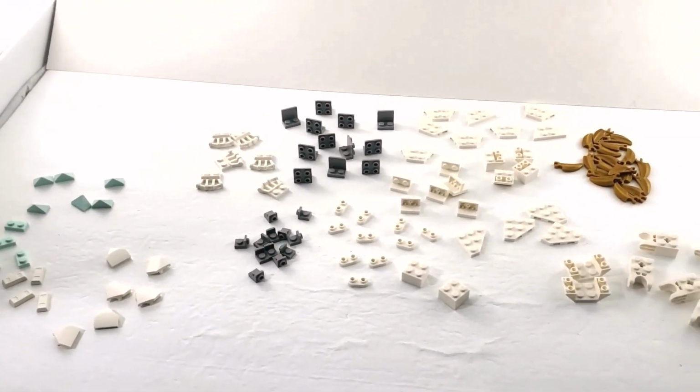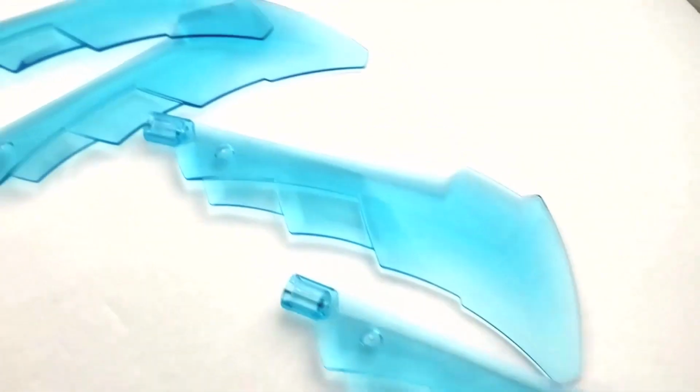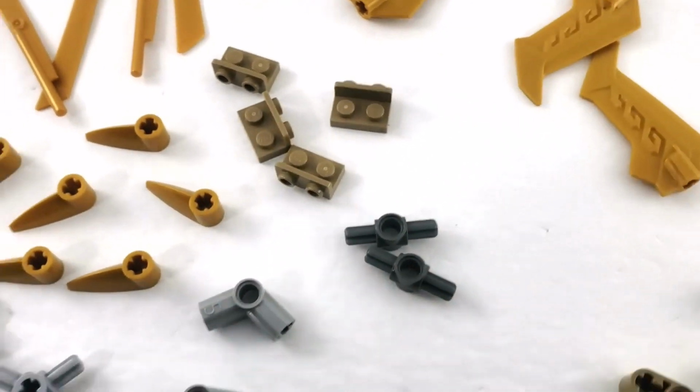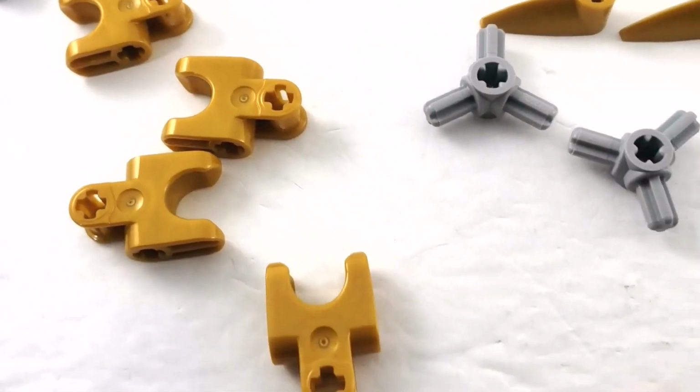We got one more bag left to go. Here we have the last bag, and there's not a lot here, but what there is big and shiny, like these pieces here. Woohoo! Then we got gold, a lot of gold pieces, some big swords, some other pieces in gold, including hinges. Now these I've not seen in gold before,